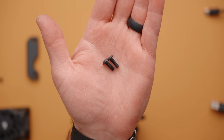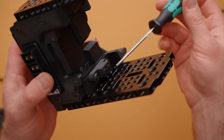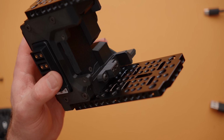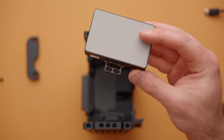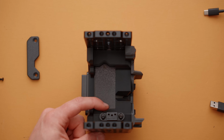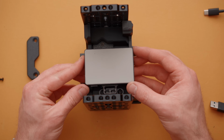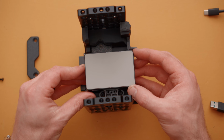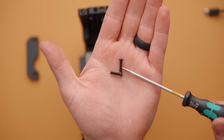Take the 2 included M4 screws and mount the fan adapter right here. Don't snug it up too tight. We don't want to strip anything, and you really don't need a lot of pressure. Next, we'll take our fan and using these slots here, mount it to our fan mount. So simply line up that top slot there with those 3 little holes and use the 2 smaller M3 screws